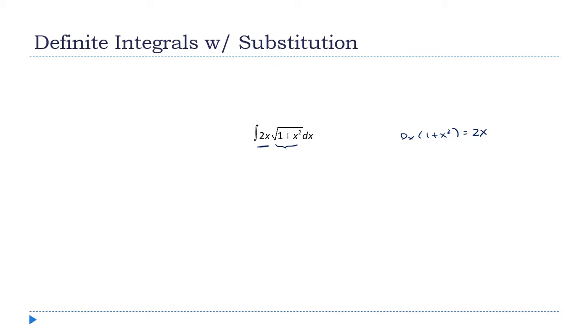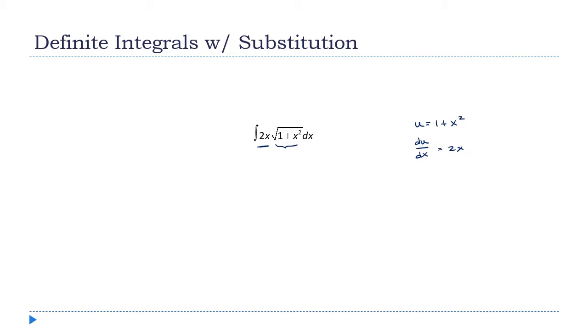Okay, so here's how this works. Let me clean up a little bit. All right, what I'm going to do is introduce a new variable. I'm going to say let u equal this part that I know how to find the derivative of. And then I'm going to differentiate this with respect to x. du/dx equals 2x. You notice, we haven't used this notation a whole lot, but we really need it here